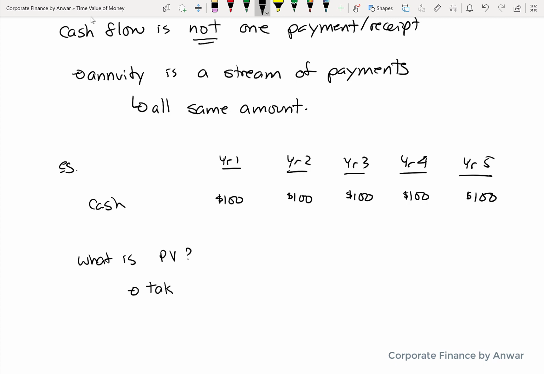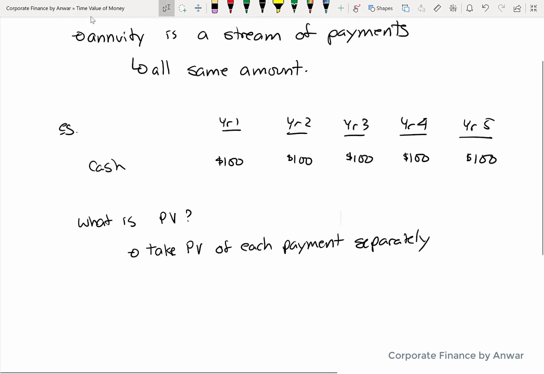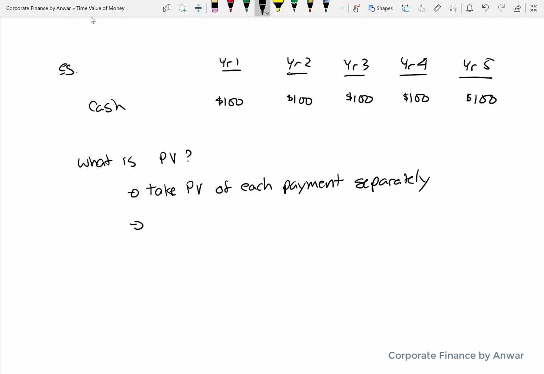The long way to calculate that is to discount each of these payments one at a time, the way we did with a lump sum. Year 1 payment, you discount for 1 year. Year 2, you do it with n equal to 2, and so on, and then you add them all up, and that would give you the right answer. But it would take a fair bit of time, and if the annuity was something like 30 years, that's less practical. The second way to do it is to use a present value of an annuity formula,